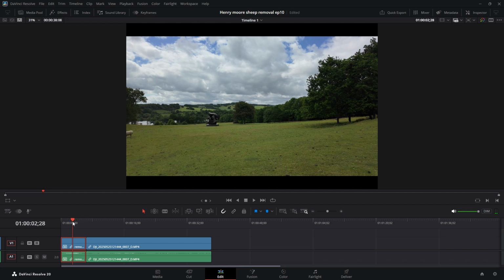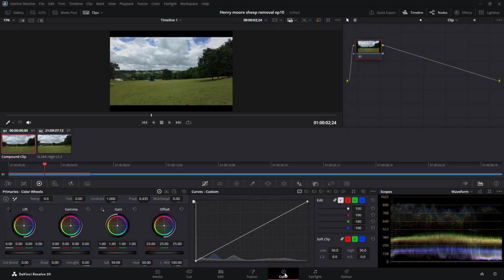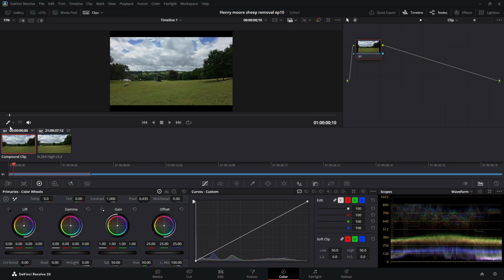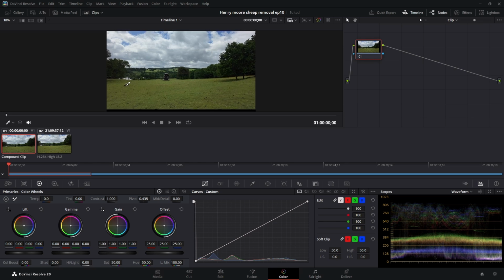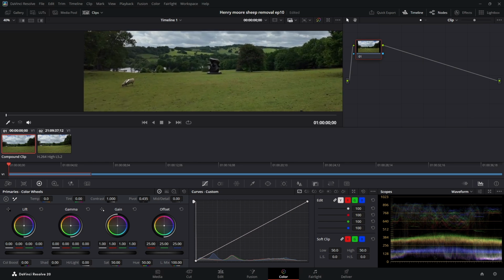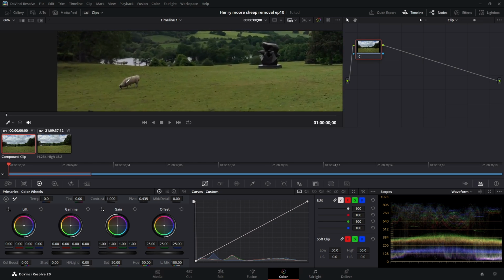And we want to go now to the colour page. So we open up the colour page. And the first thing we're going to do is move right to the beginning of our clip. And there's the sheep. So what we're going to do now is zoom in to the sheep so we can see it properly. Then we go to the window icon